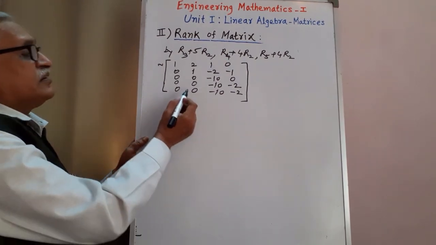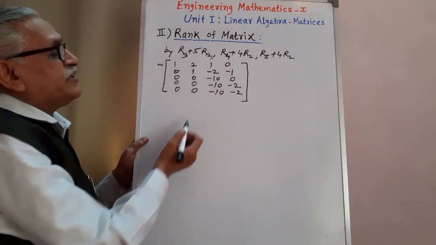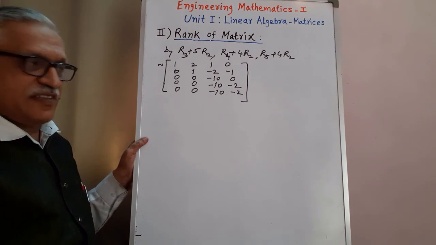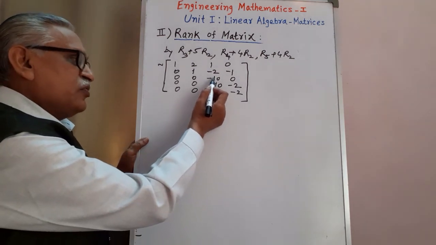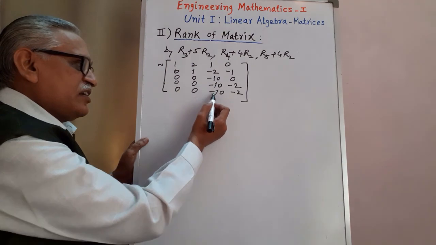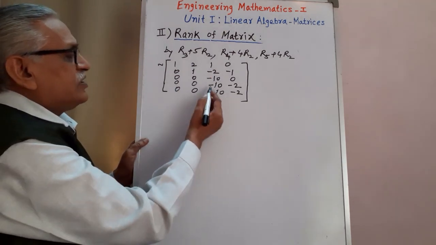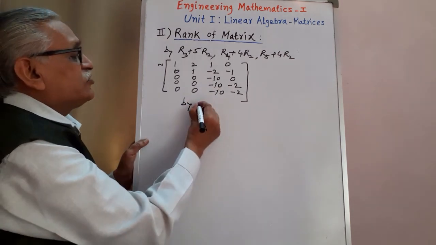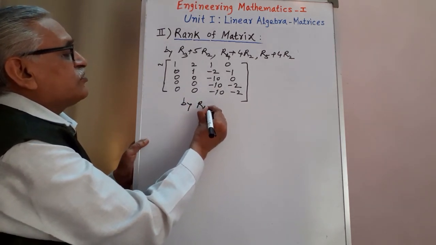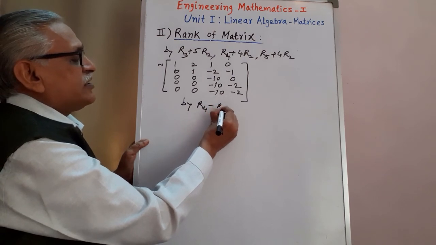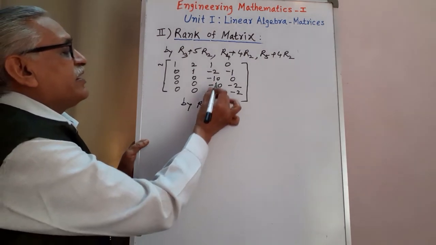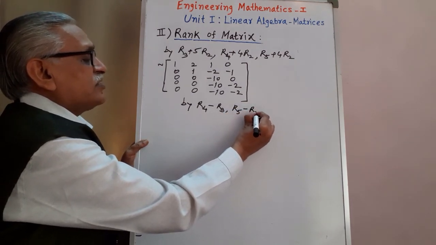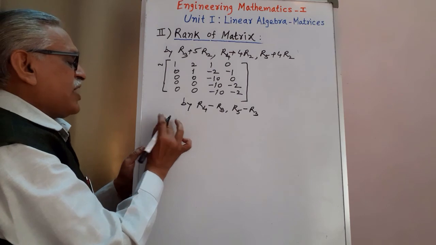Okay. Then the third diagonal element is minus 10. Non-zero, we can keep this as it is. And using this minus 10, we can convert the remaining elements below it to 0. Therefore, the required transformations are minus 10 plus 10, we get 0. It is R4 minus R3. And again minus 10 plus 10, we get 0. R5 minus R3. Therefore, if we apply this,